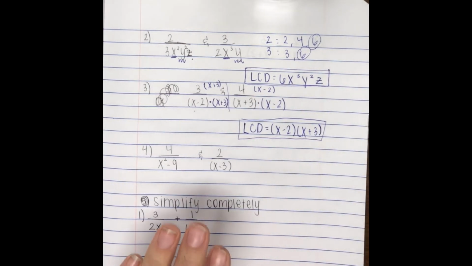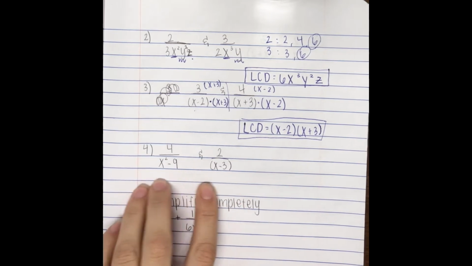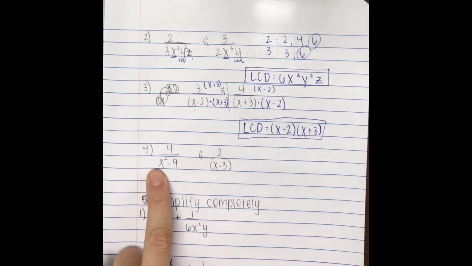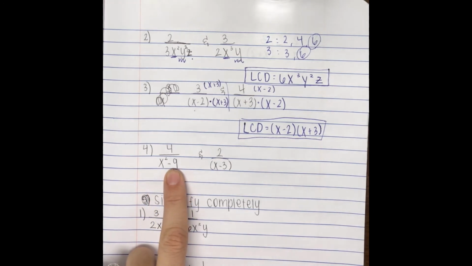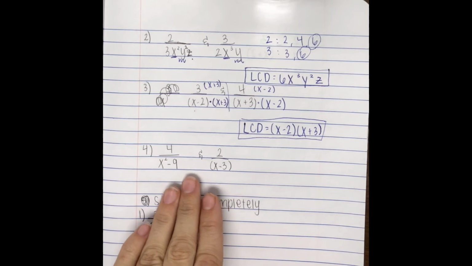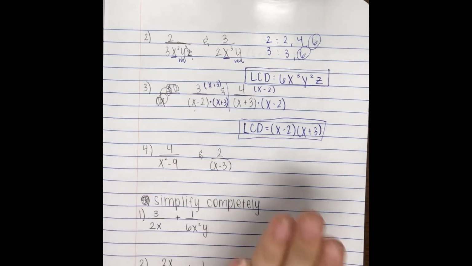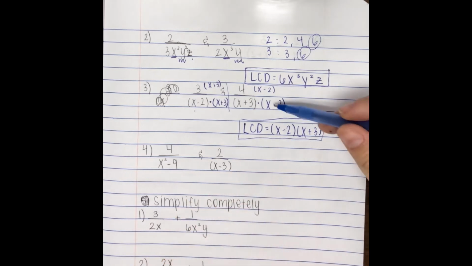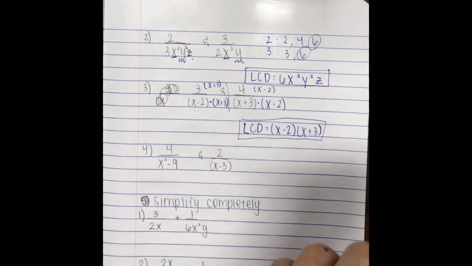Okay, so let's look at this one. X minus 3, and then an X squared minus 9. Some of you may say, oh, so I have to multiply this side by an X minus 3 and this side by an X squared minus 9 to make them the same like we did up here. That's not their least common denominator or multiples, okay? Because